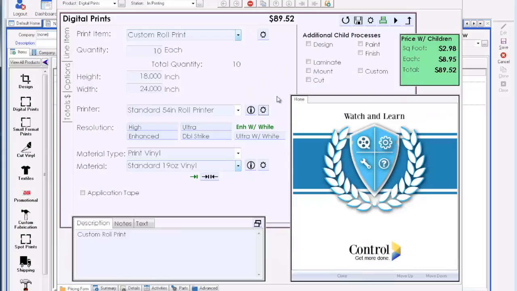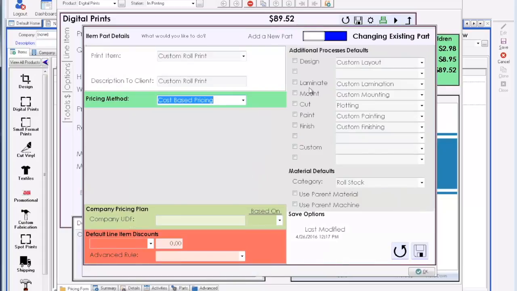That brings us back up to the print item. If we look at a print item, there are two things we can set the defaults for on this print item. One is all of the fields that you're currently looking at on this main screen. If we save it from here, it's going to save whatever options we've selected in with this print item. If we look inside the print item setup,